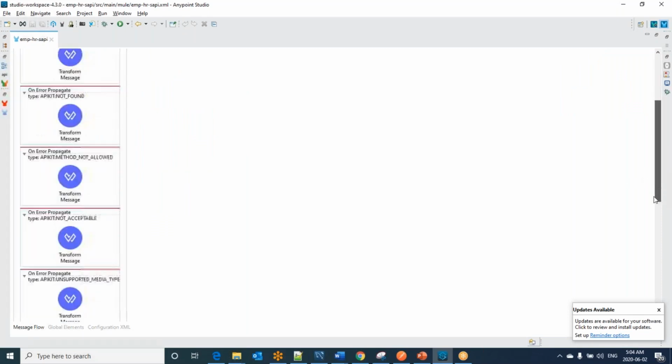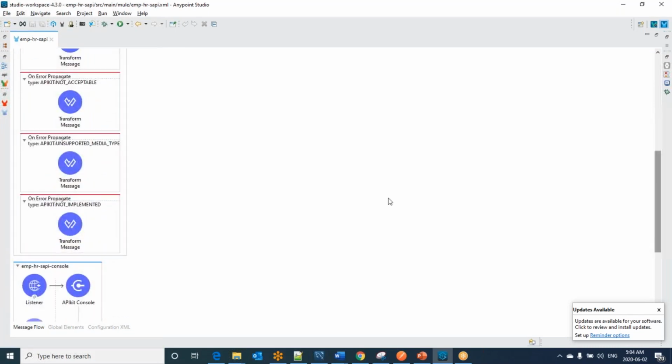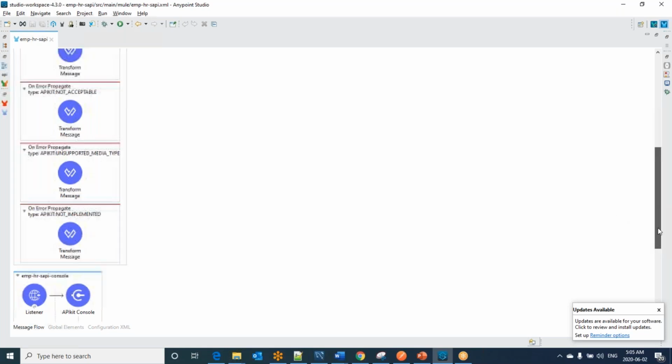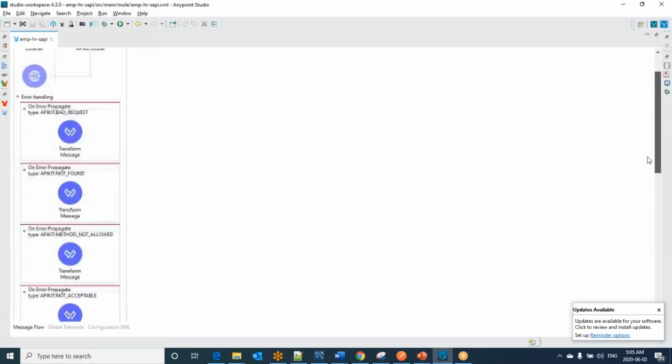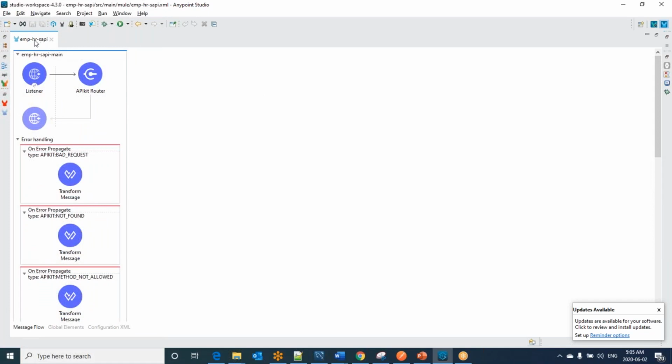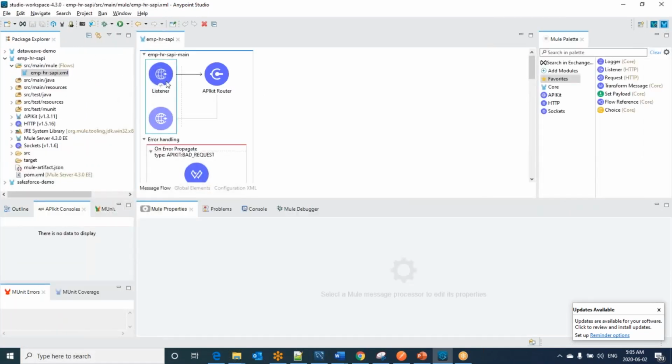If we enhance this global error handler with the other errors that we may expect over all the flows and also over all the projects, then we can build one global error handler and we can supply that to multiple projects.